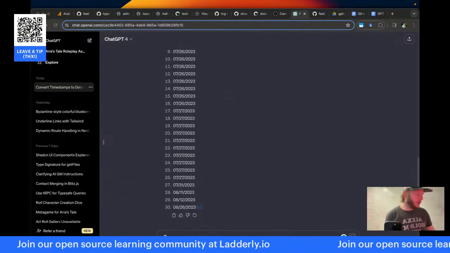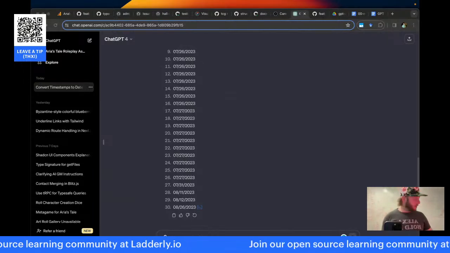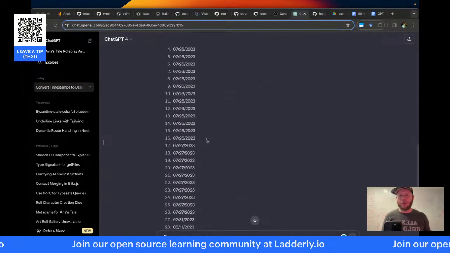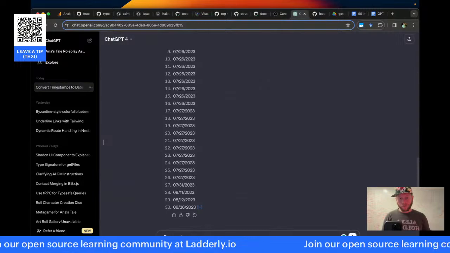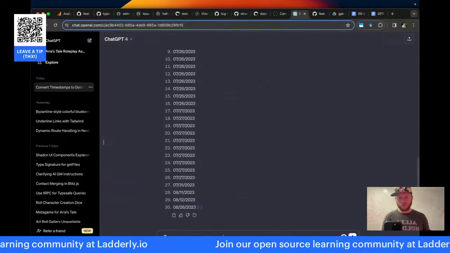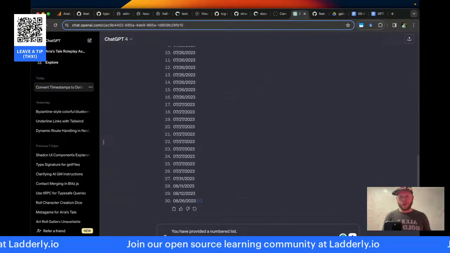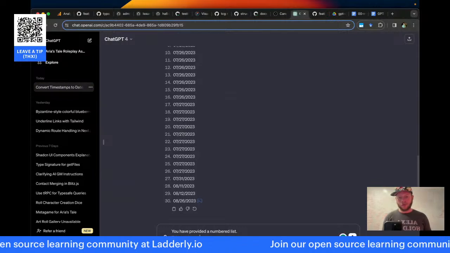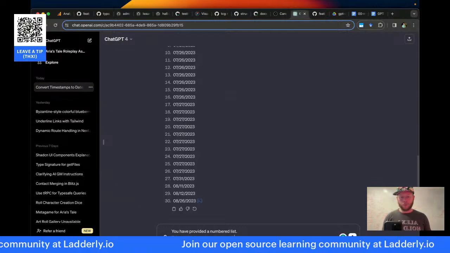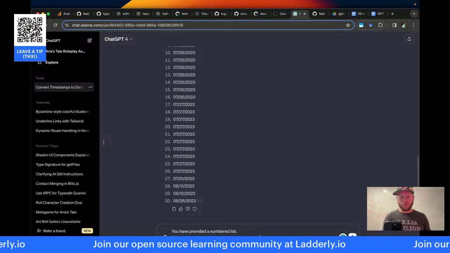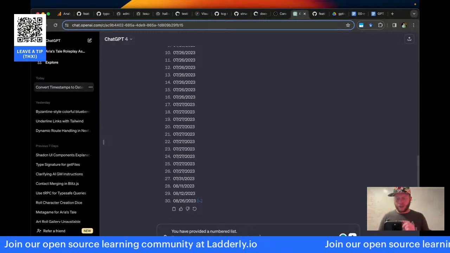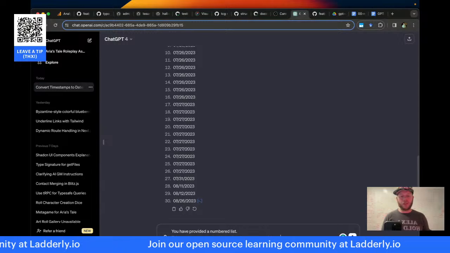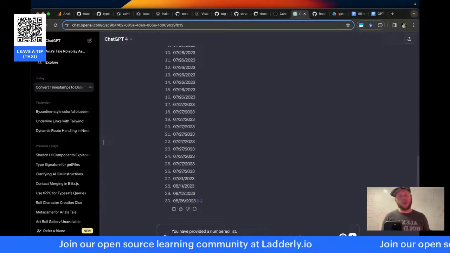So GPT did the correct analysis, but then it created a numbered list here. You've provided a numbered list. Take each number and add one. Let that be the participant ID for the row.